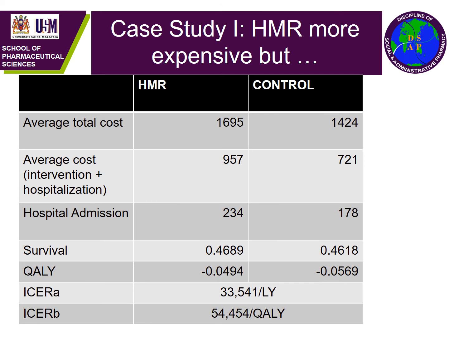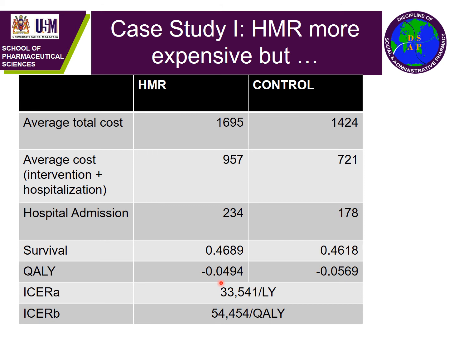So if we look into survival, remember that they only followed the patients for 6 months, in other words, 0.5 year. What they found is that the HMR gave a slightly longer survival compared to those in control, 0.4689 year compared to control, which is only 0.4618. When they adjust this value of survival with quality of life, it results in the quality adjusted life years